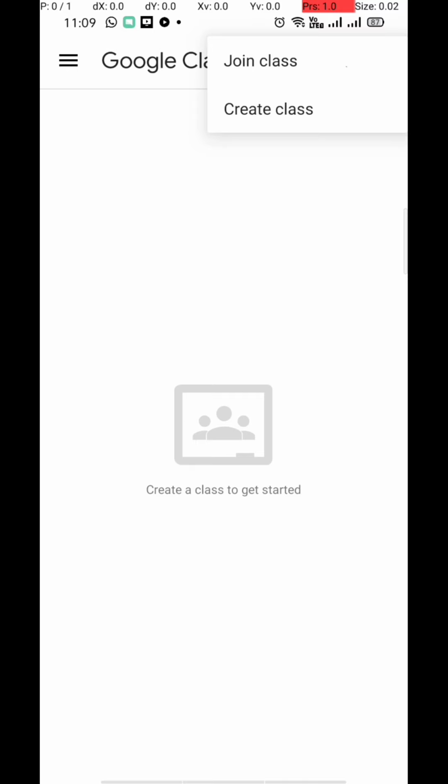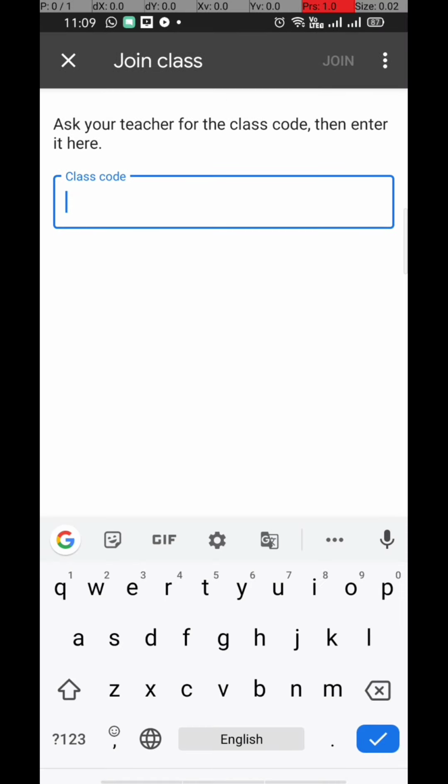When you click on the plus button you will see these two options, join class and create class, and students, you will choose the first option, that is join class. Click on that and see that here in this text box it is asking for your class code. You may have the class code with you for the various subjects.